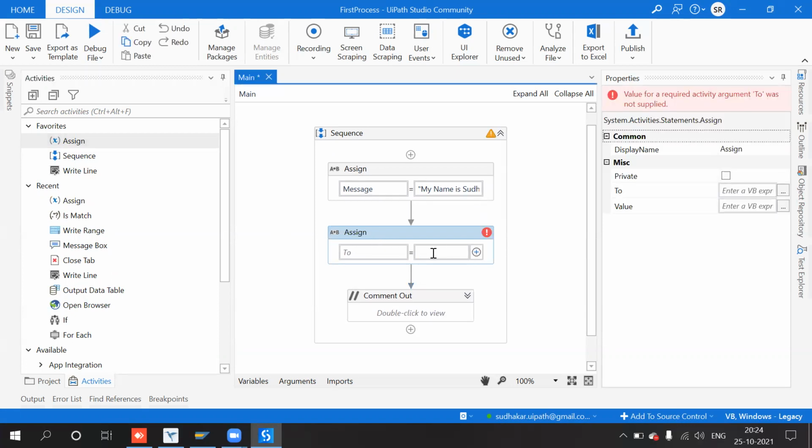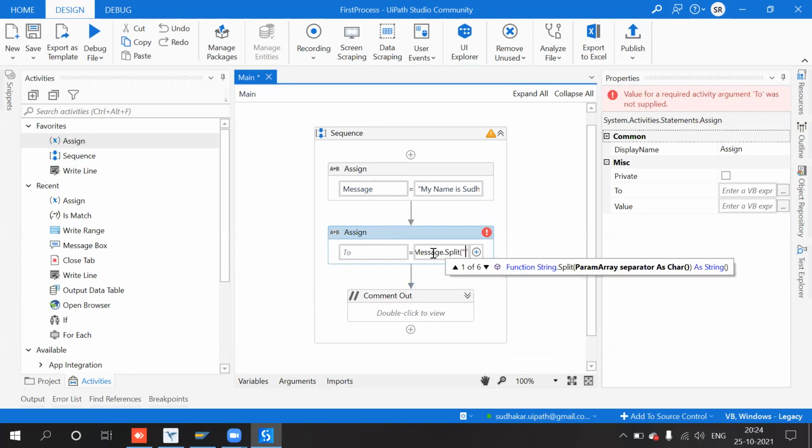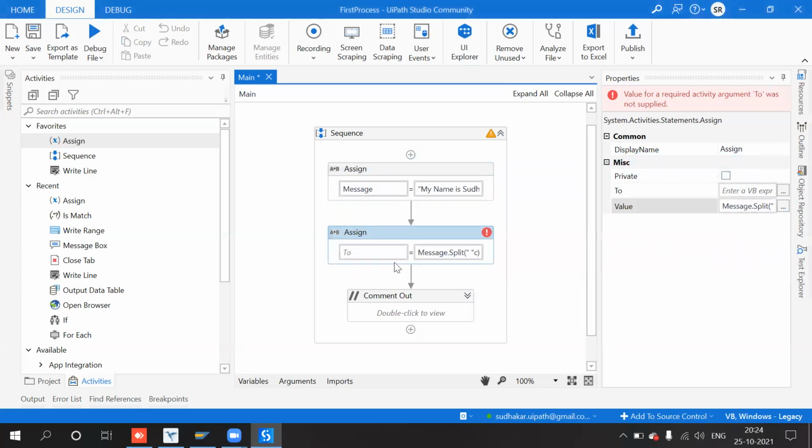Okay, so here I am using the output of message dot split of one character gap, right? And then C. See, if you did not provide C, here I can see one error. What is it? Compiler error encountered processing an expression message dot split. Okay, when I use C, I did not find any error message.